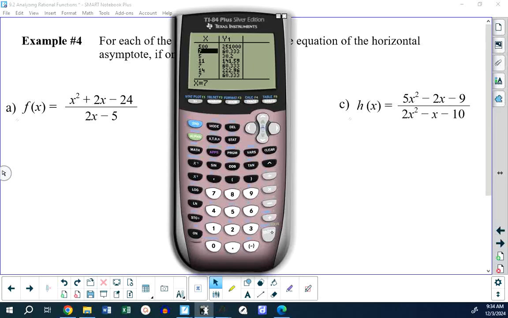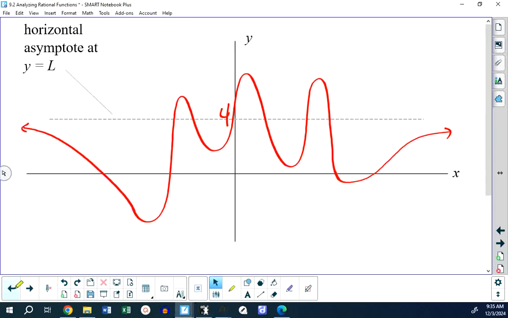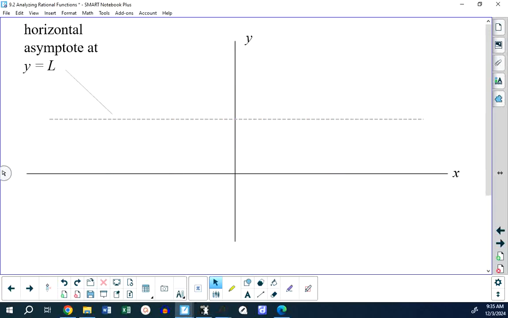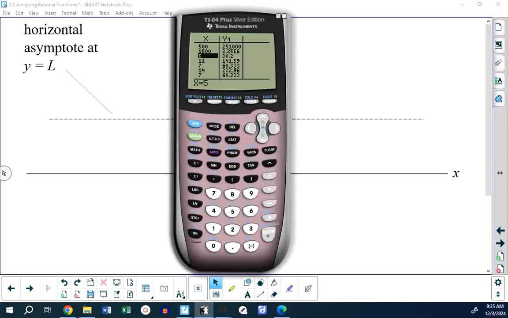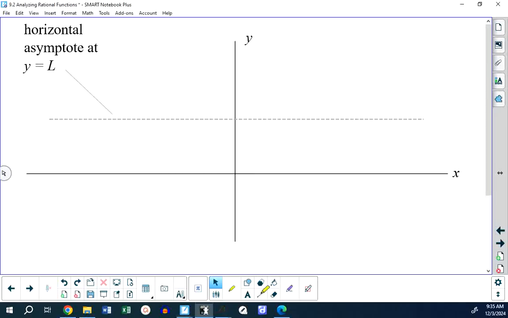If I go to 1,500, which is an even bigger value of x, what I'm doing is I'm looking at this idea. I'm going to larger values of x and seeing if y is settling down to something. If I go to 1,500, well, this number is 2.25 million. It's put it into scientific notation because it's past a certain number of digits. This is telling us that as x gets bigger, y just keeps getting bigger and bigger. It's exploding. What it's telling us is that on this function,